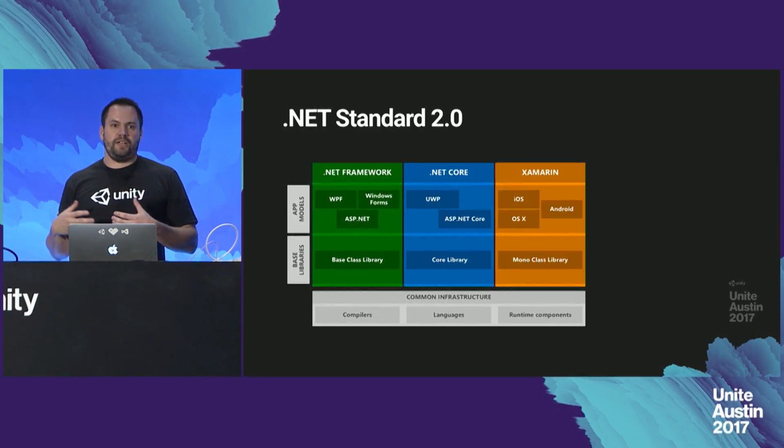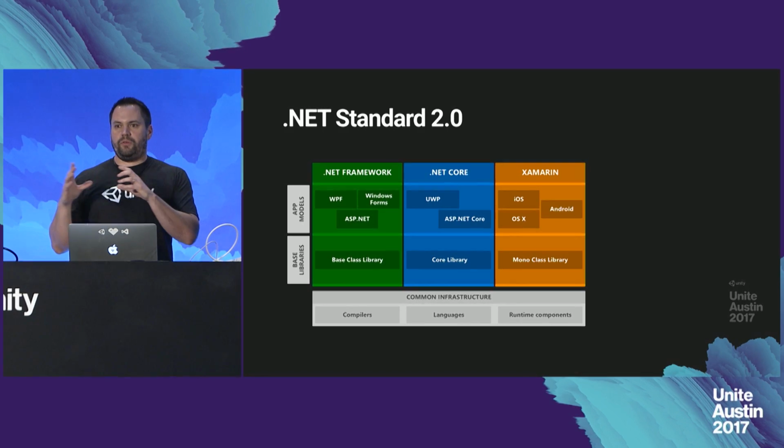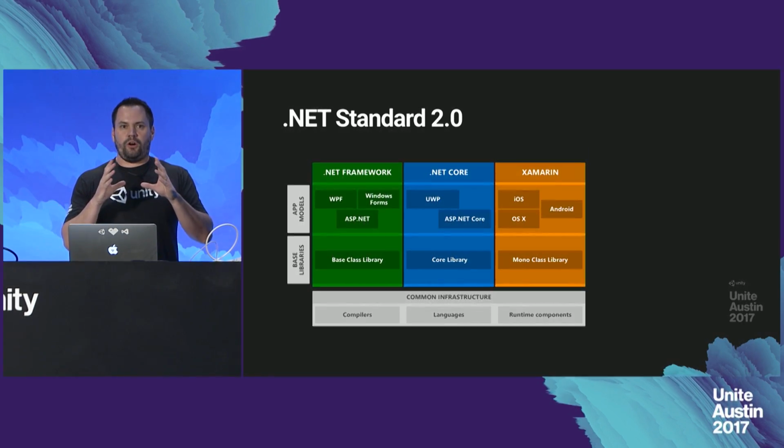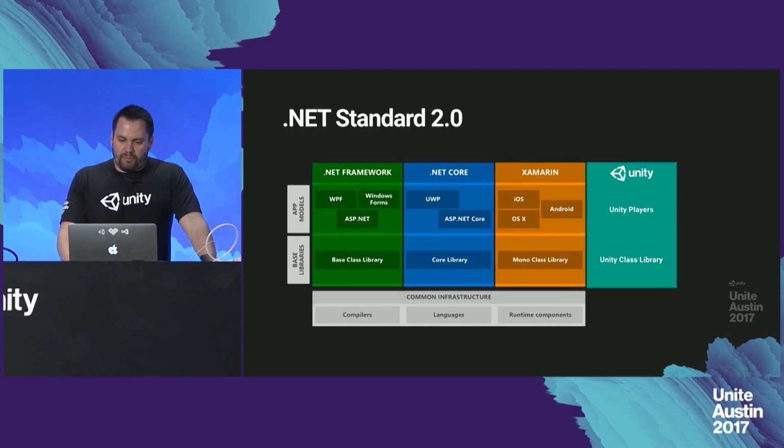And you're going to get errors like a compiler error saying you don't have System.Object, or you have two System.Objects. So at compile time and at runtime, there needs to be a coherent vision of where all the types are and the surface they expose. Since we're here at Unite and we're migrating to .NET, obviously we also add to this picture. Previously we had a .NET 2.0 and a .NET 2.0 subset profile. We are going forward offering the .NET 4.6 profile, the full profile for compatibility reasons, and then we also are defining our own smaller subset as well, which will likely correspond very closely to .NET Standard 2, if not be